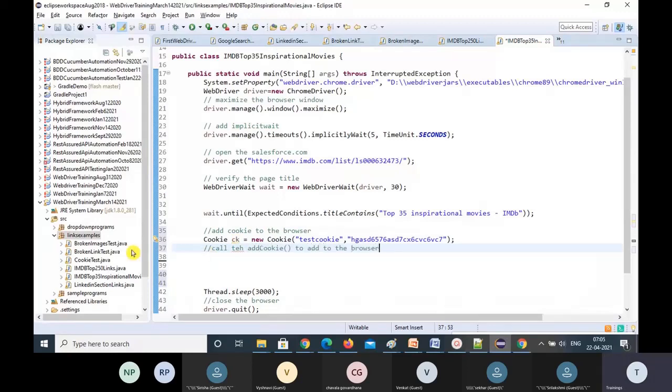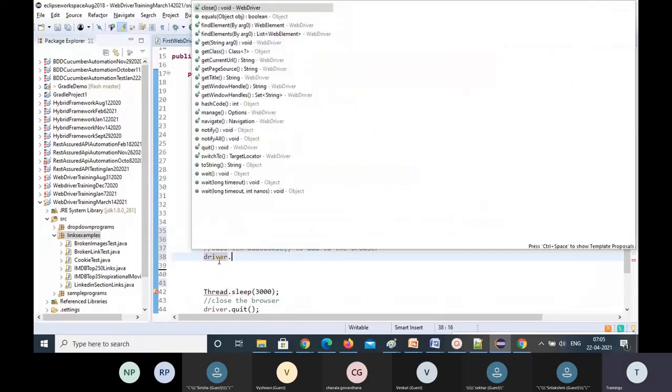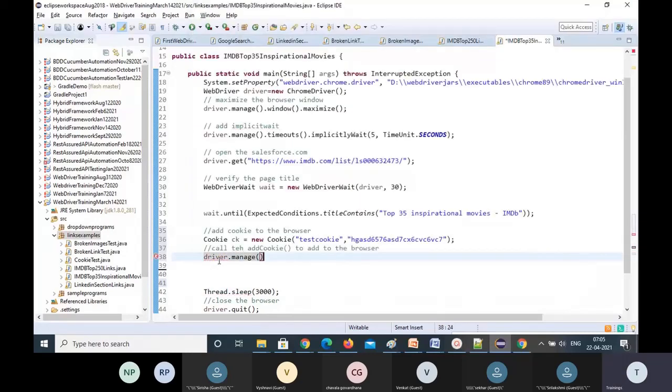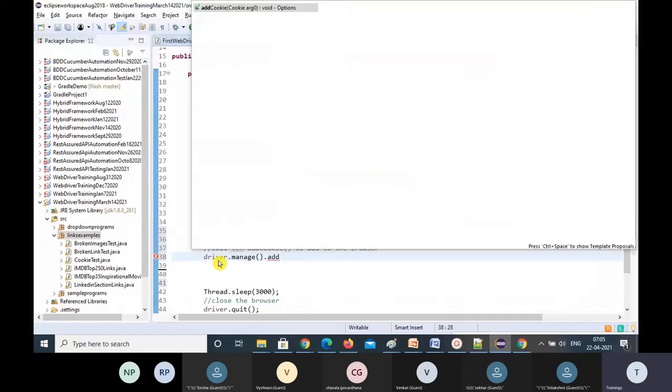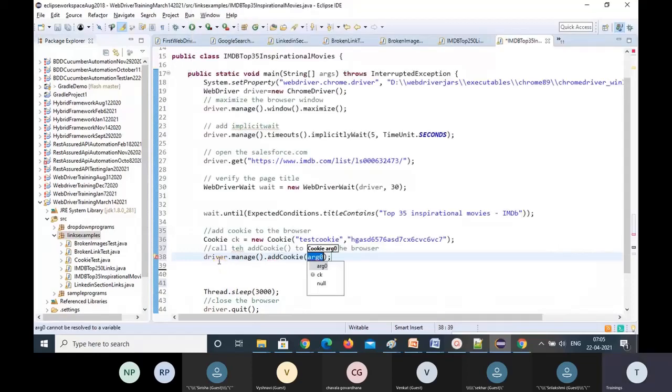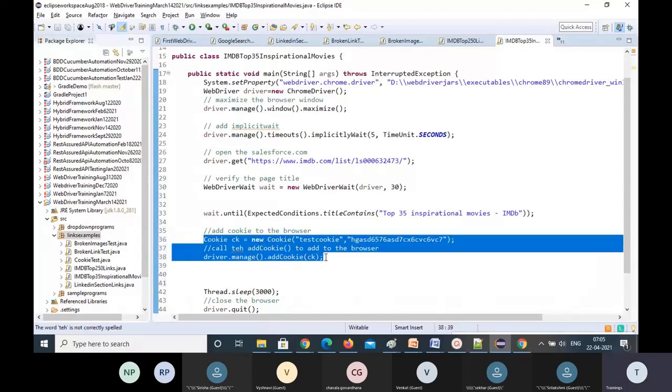You just created the cookie object here, but you didn't add it. We need to add that. So how to add? This is the code: driver dot manage method dot addCookie method is there. Then add that cookie object. Then it will add. So these are the two lines of code you have to write to add the cookie to the browser.